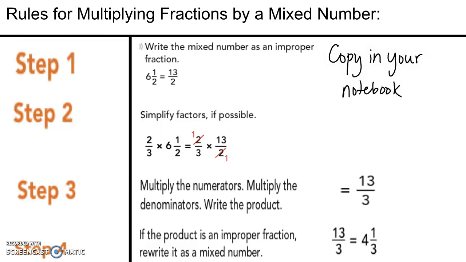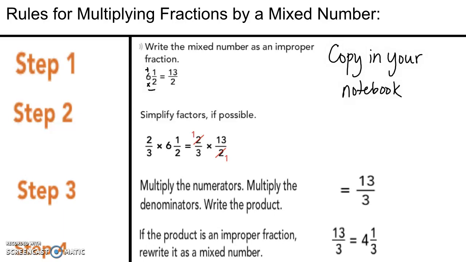Step 1 is you're going to write the mixed number as an improper fraction. So remember, when you have 6 1/2 right here, you're going to make that the improper fraction of 13 over 2. 6 times 2 is 12, and 12 plus 1 gives you 13. All right, now in the last lesson, or in lesson 5.1, you learned that there are 2 different ways to